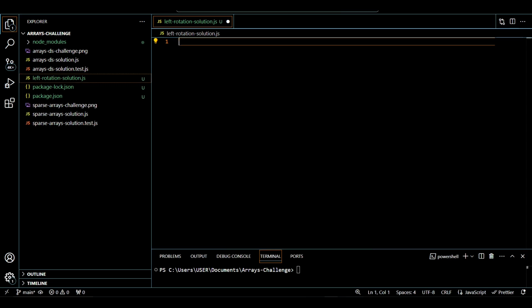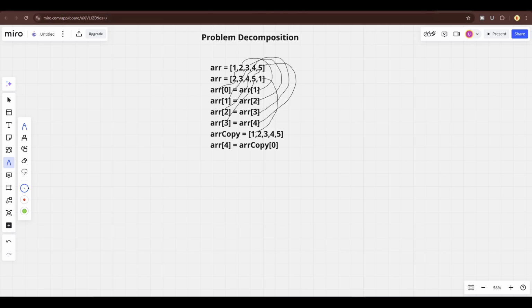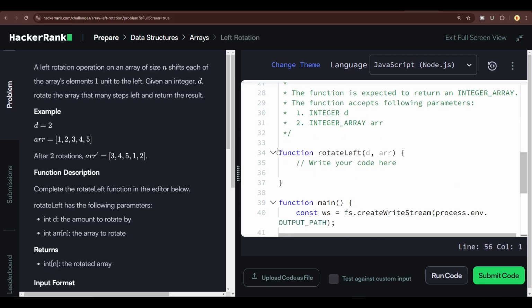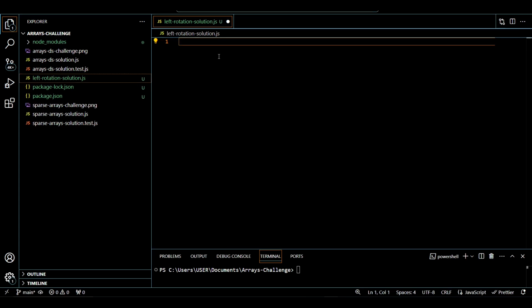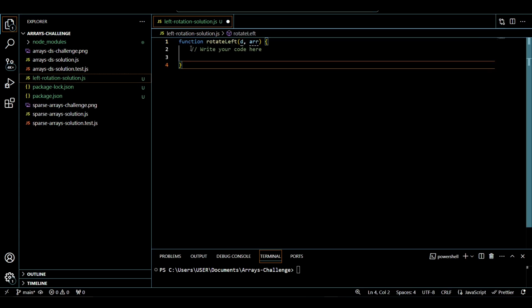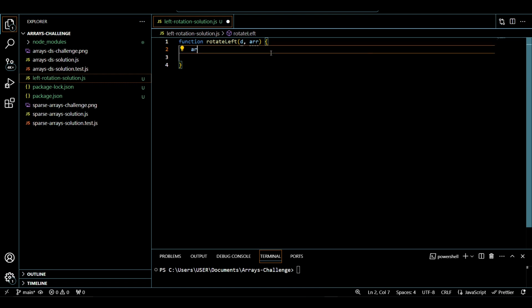So before we replicate this, let's go to the website HackerRank. Okay, let me copy this and paste here. So we're writing our code here. So I'll start by doing this array index of 0. Set it to this index 1. Let me copy this,